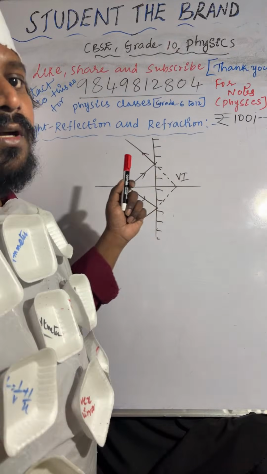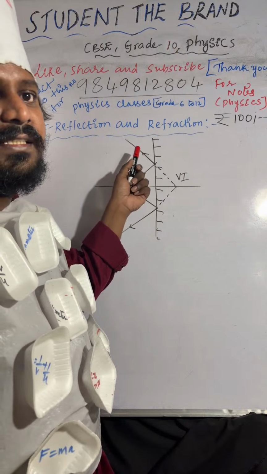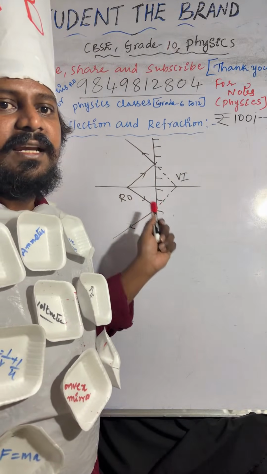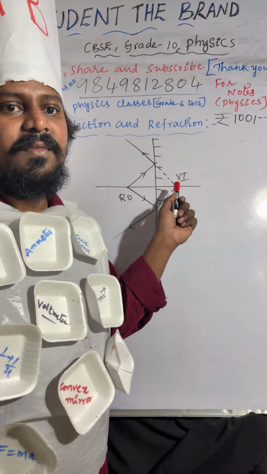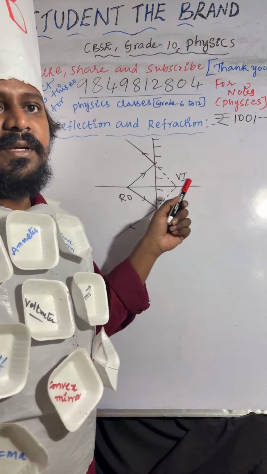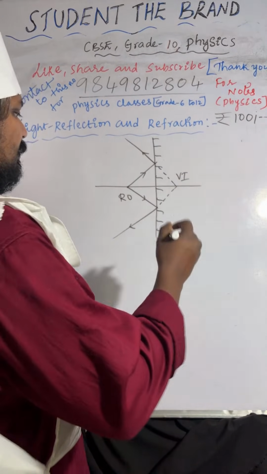So this is the real object. The point of intersection of the extended reflected light rays, so the reflected light rays are meeting at this point. So that is a virtual image, right? So this is a real object. Now